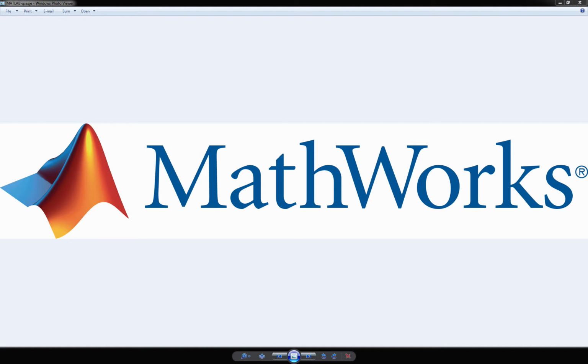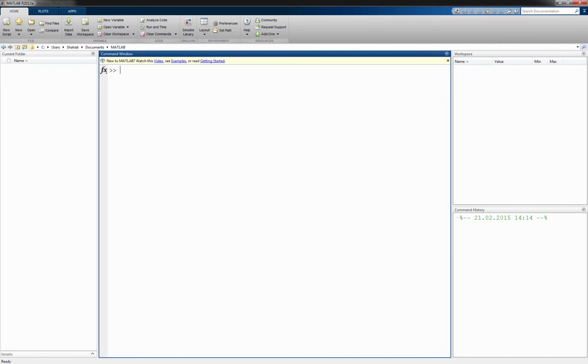Now let's talk about the windows that you will see when you open your MATLAB program. If you open MATLAB, you will see with high probability a view similar to this one. So let's describe each of these so we can see how each of them will be used while you are doing your programming. The first one is the address bar.